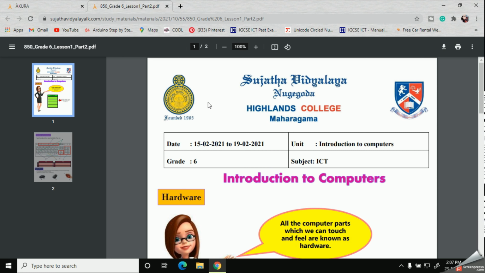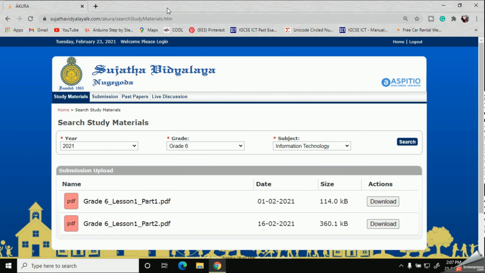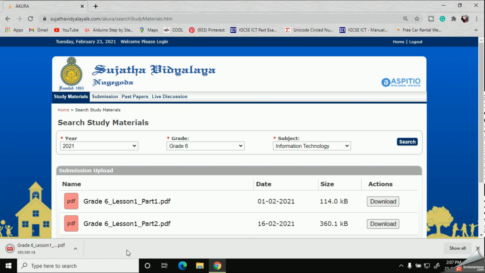So if you need to download these study materials, you can click this download button from here. Okay, so this is the way we can view and download the study materials from Akura.